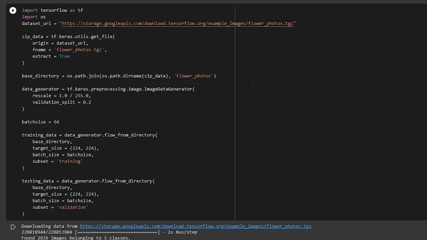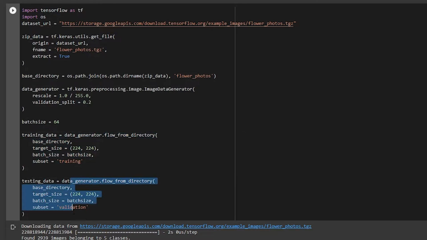So I'll just give you a glimpse of what is happening over here. We are using a flower dataset, zipping it, then using a data generator. This ImageDataGenerator is a functionality provided by Keras where you can perform data augmentation. Okay, I'll come to that later. It basically helps you interact with the images more efficiently so that your deep learning model can easily interpret things. Later on I'm specifying a batch size, then making the training data and the testing data. These are somewhere around 3700 samples, out of which 20% I am taking for testing.